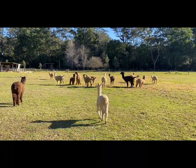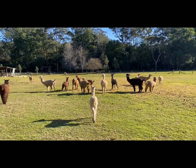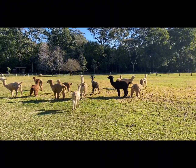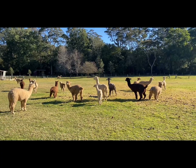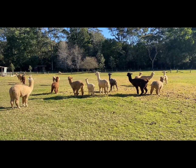I've just received a question on what to do with the alpaca dung. So here you can see I've just moved the girls into a new paddock. Now they've gone straight to a communal dung pile. They are quite spread out and I find the girls do that. It's quite familiar. The males are a lot better at keeping tighter, cleaner dung piles, but that's not a problem